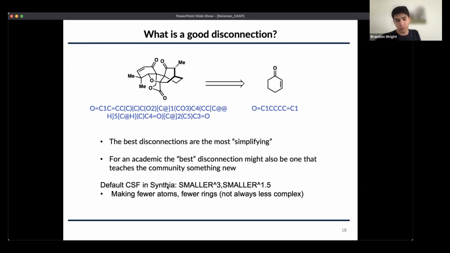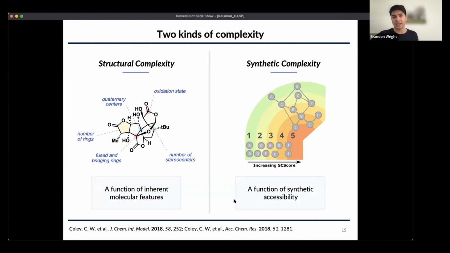Cynthia's scoring function, when it ranks different disconnections, is really geared towards making disconnections that will result in precursors that have a fewer number of atoms and a fewer number of rings. But I think where this sometimes breaks down is that it will lead us into places where an easier solution might be viable. And sometimes molecular complexity is not always the best way to guide retrosynthesis in a computer program. So I want to use this to highlight these two different kinds of complexity, which is